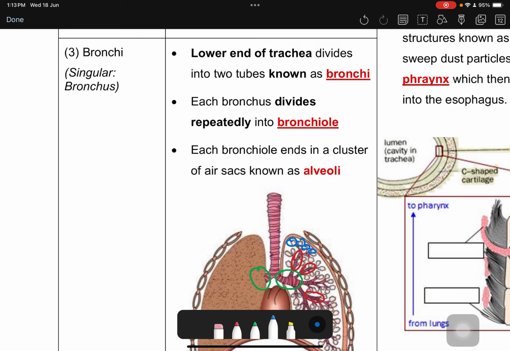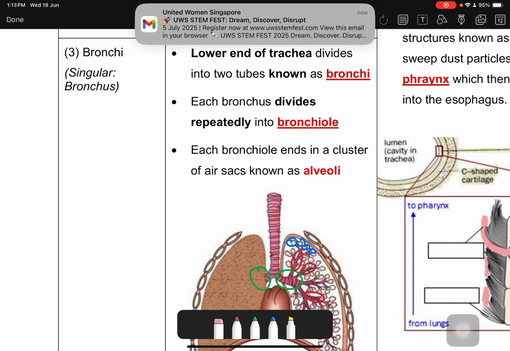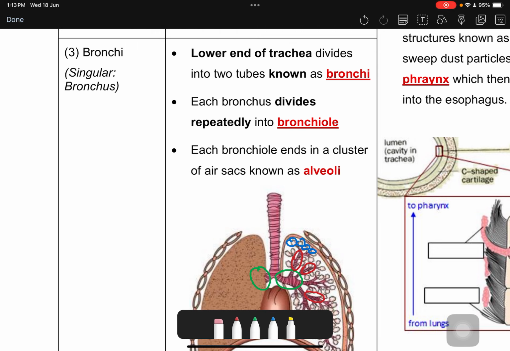So using a flow chart to reflect the movement of air from the nasal cavity all the way down, this is how it would look. It would be good for you to take it down at the side as well. All right, so it starts off with the nasal cavity, followed by your pharynx, which is your throat,